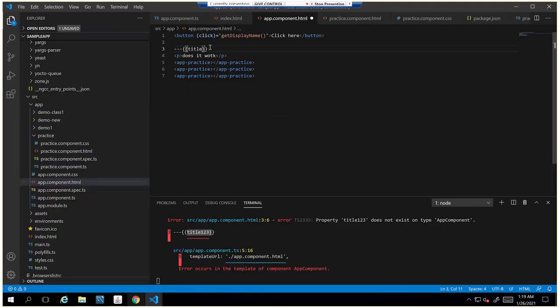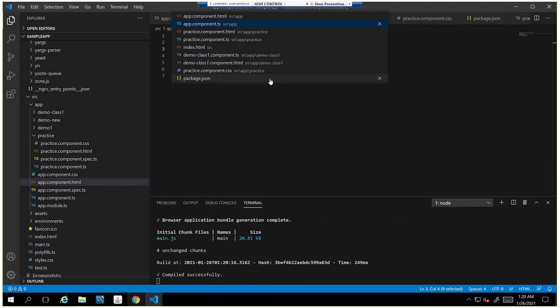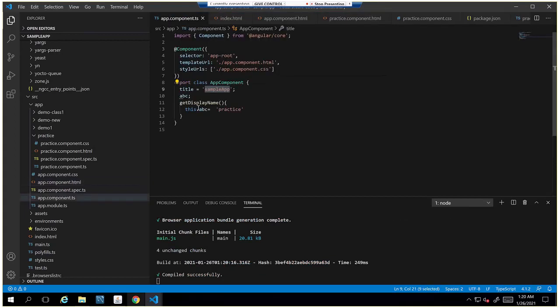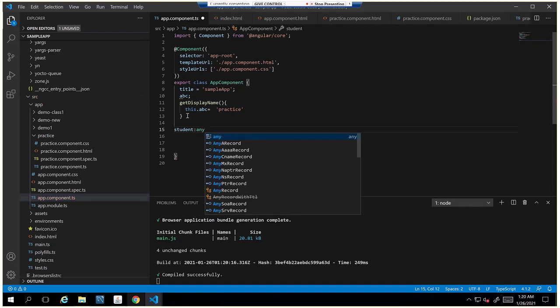Okay, this is a data binding approach, and whenever we want to render, suppose I have a student and I want to display some student details. Yesterday in our previous classes, we created one object, right? So I'll create a simple object and print it here. I'm going to create one student object of type any.